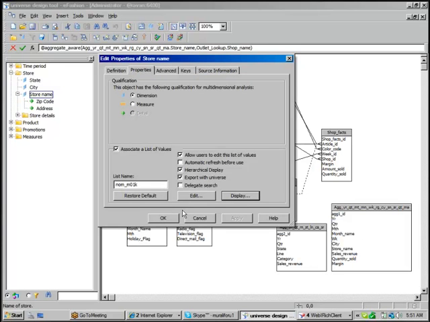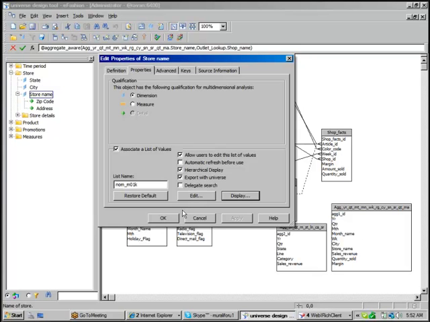But if you are not creating any cascading, what will the system do? If the user selects California, still cities will be displayed for all states. Then there is a chance of making a mistake. They will select California as the state and an irrelevant city from another state, for example New Jersey, and a store name that is in another state. That time the report will fetch no data.